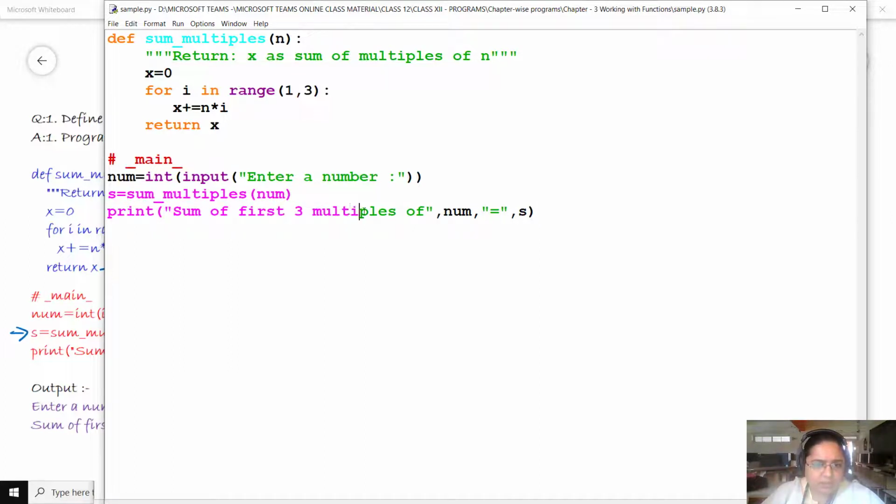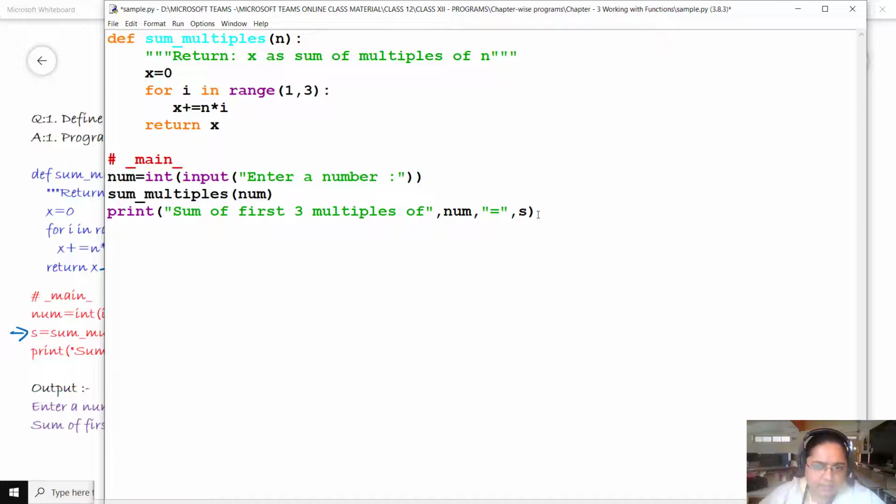Now we will not have this statement where the return value from the function is assigned to a variable. This assignment statement will be gone, because we know that those functions which do not return any value are called as standalone statements.